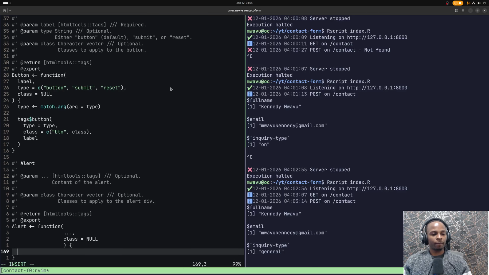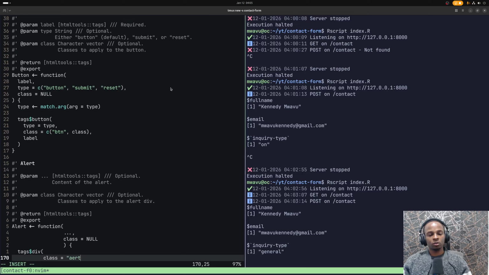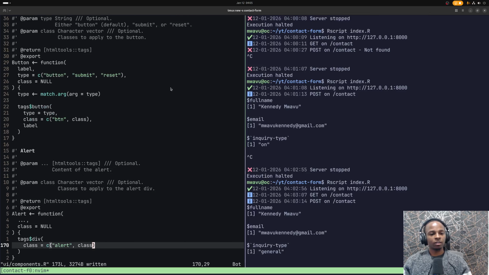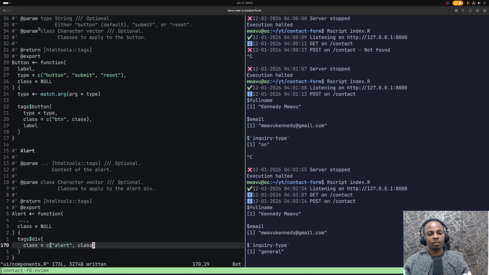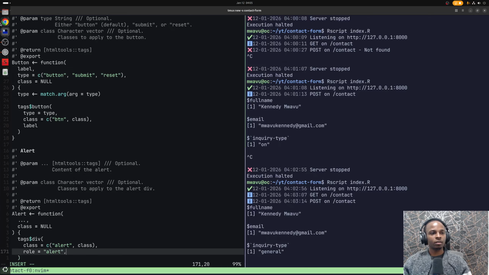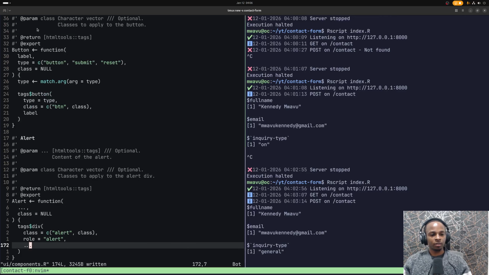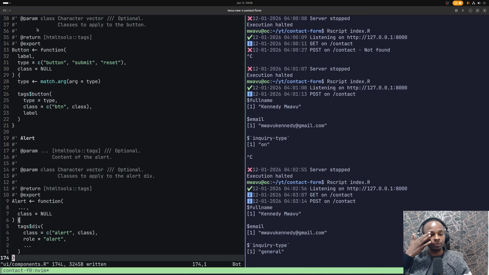Yeah. So this is going to be a tags subset div. So the class, let's have alert, whatever classes you're going to pass, and let's set its role to alert. And yeah, that's it. Just pass the ellipsis right there. Okay,